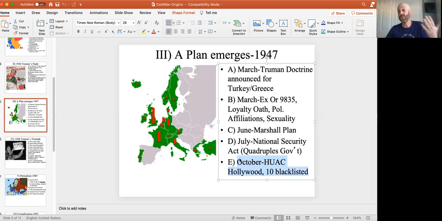If you're an FBI agent or you're working for the federal government and some Soviet agent takes pictures of you using drugs and they say, we're going to show this to your family members unless you work for us and give us all your secrets. That was also applied to homosexuals during this time period. Being gay was not considered okay during this time, but many people who worked in the Manhattan Project and the federal government, intellectuals, were gay. And the fear was that Soviet agents would find them, photograph them meeting with their boyfriend or girlfriend, and then blackmail them into working for them. And so if you were gay, you couldn't work for the federal government intelligence services.